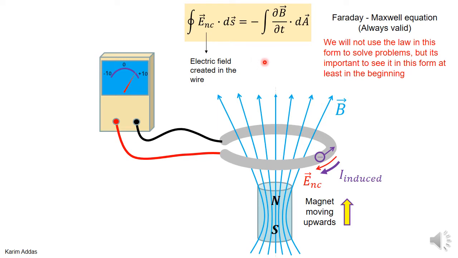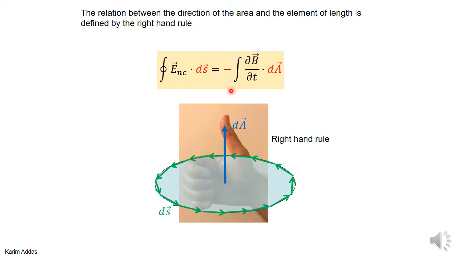And it's a bit difficult, but we'll go through these slides and just try to watch and see. We're not going to use it in this form, so the rest of the slides, just try to watch and see how things work. So let's get started. So first, in a law like this, you have ds, so you need to integrate electric